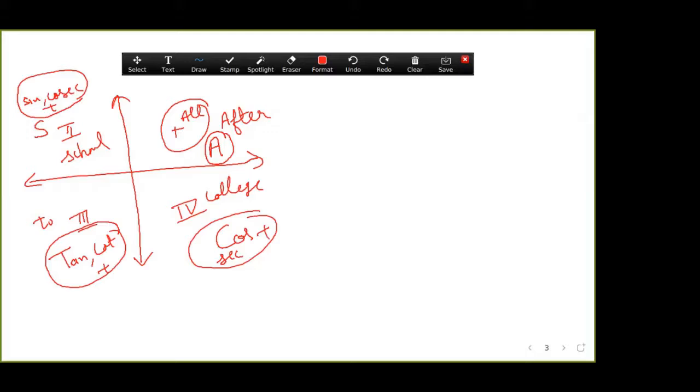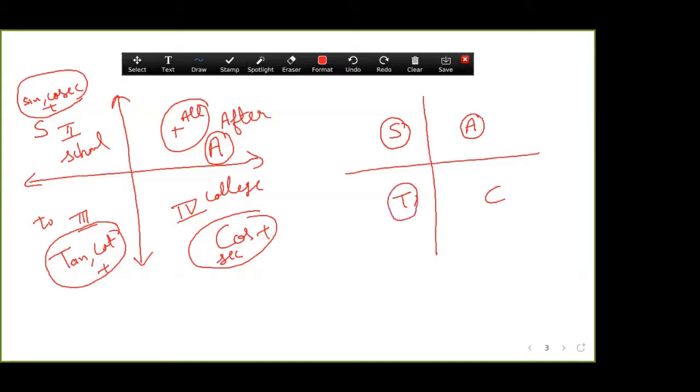By taking this sentence, you can get the idea of where the trigonometric functions are positive or negative. Or you can learn another sentence: Add sugar to coffee. Same letters you will get. A means all trigonometric functions are positive. S means sine and cosecant are positive. T means tangent and cot are positive. And C means cos and secant are positive. This is a way to learn where and when the trigonometric functions are positive.